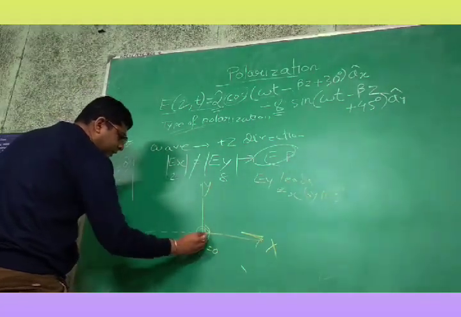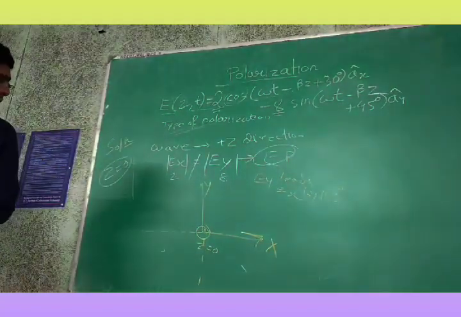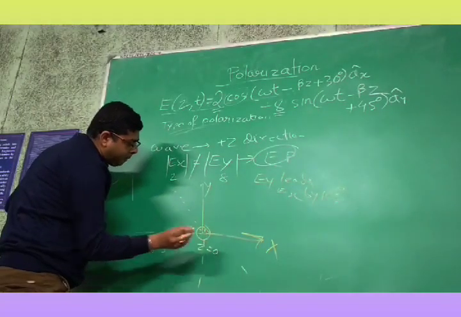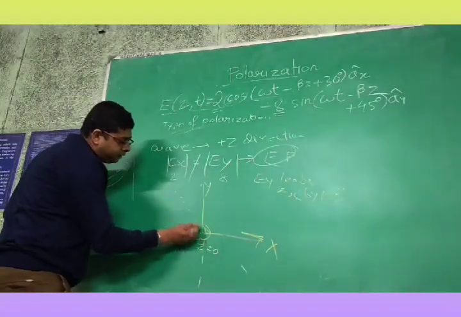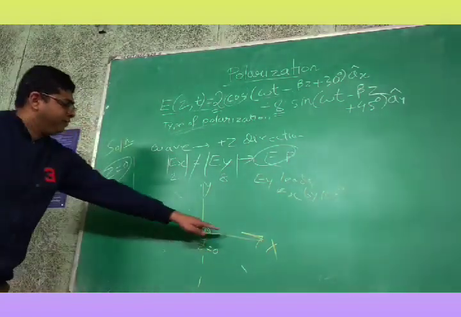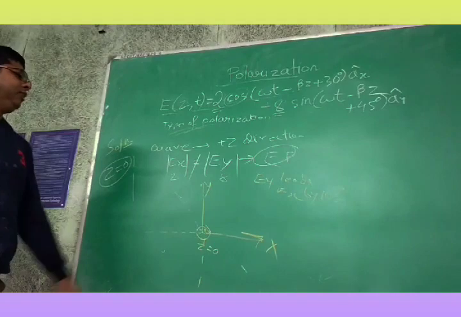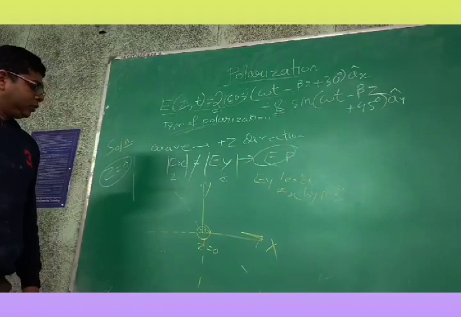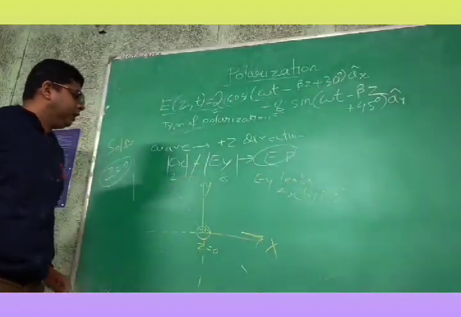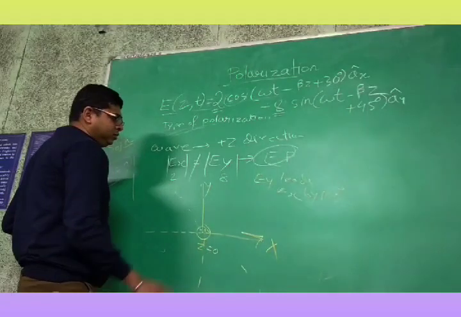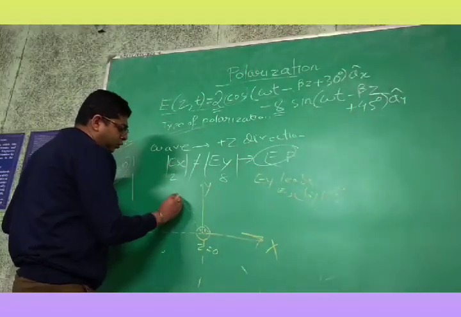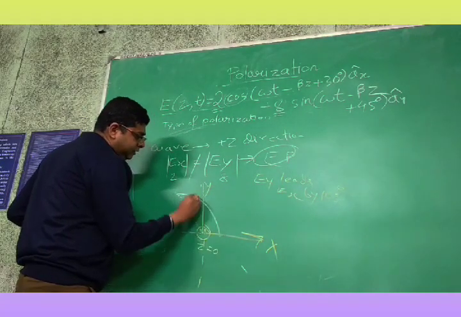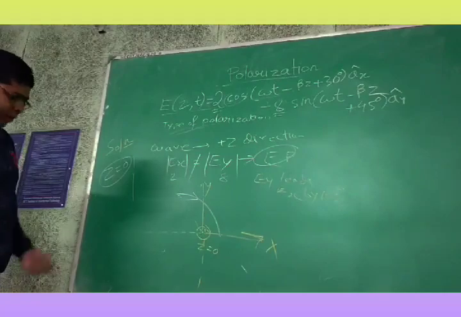That means if I extend this, 105 means approximately, say it is like here. Okay, it is here. 105 is 90 degree plus somewhere 50. Okay, so this will be elliptical polarization and Ey is leading Ex. So we will be going from lead to lag, so from Ey to Ex, like this. Okay, we will be moving.